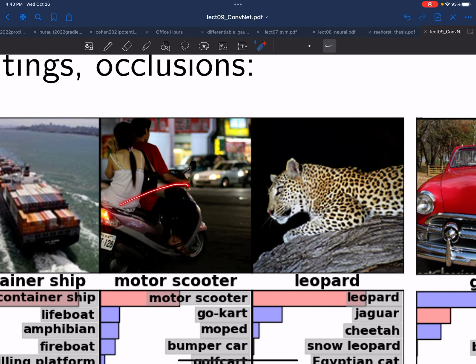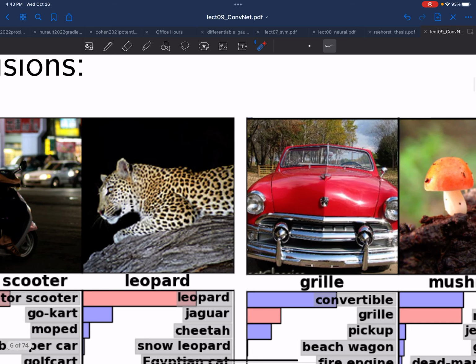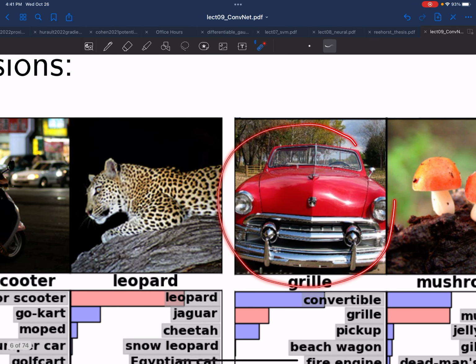Or this is a hard one, motor scooter. The motor scooter is kind of dark. There's also people here. There's cars. There's other stuff. So that's pretty challenging. Or like this one, if you ask me what that was, I would say it's a car, but actually the correct class was grill,